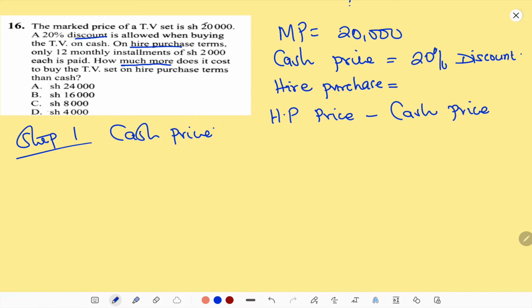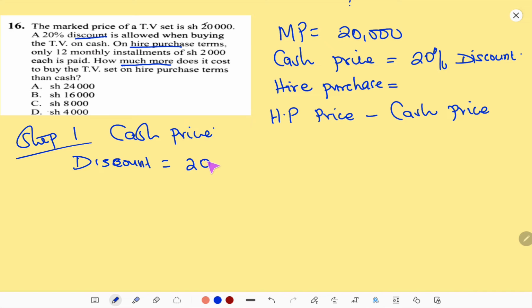and we are given that it's a 20% discount. Discount means a price reduction. That is very important to understand, that discount means price reduction. So if the marked price is 20,000 and you get 20% discount, it means that there are two ways of calculating the discount. Okay, step number 1, the discount will be